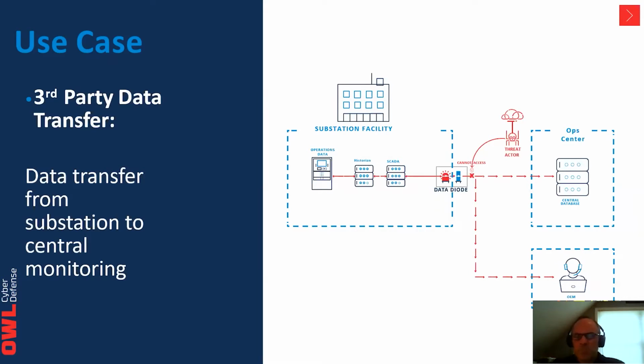This is a substation. We've got operations data, historian data, SCADA data that all needs to go across. Again, going to different facilities. Maybe it's my ops center. Maybe it's our OEM. But again, it doesn't matter if there's one source or multiple sources of data. It can all be concentrated across the diode and sent out